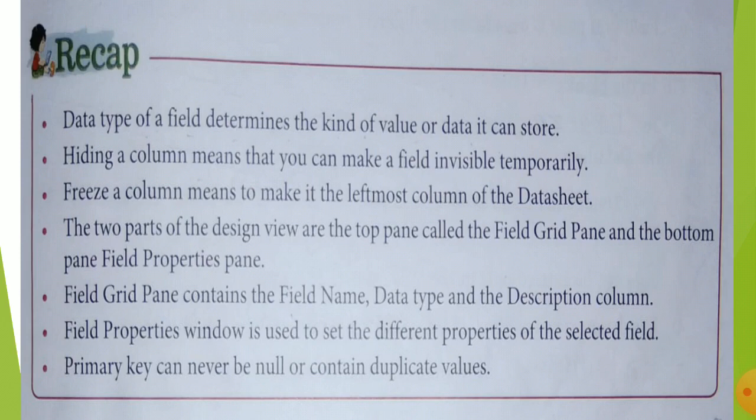Now it's your turn. You have to revise the topics properly. Go through each and everything. First of all, you should understand datasheet view and design view. The field tab is always present under the table tools. All these small things you will understand when you go through each and every topic of your chapter from the computer book. Still, beta, if there is any problem, I have already told you, you can ask in my YouTube channel comment box. I will reply shortly.